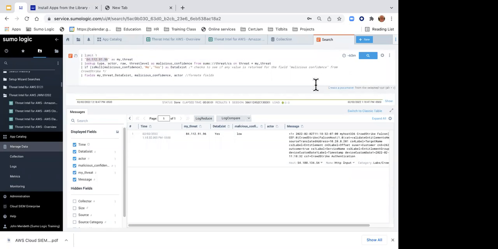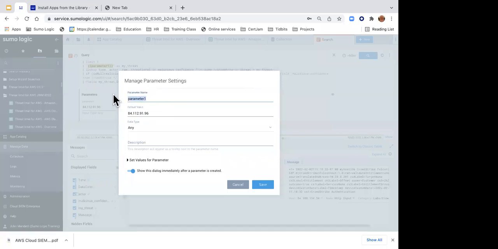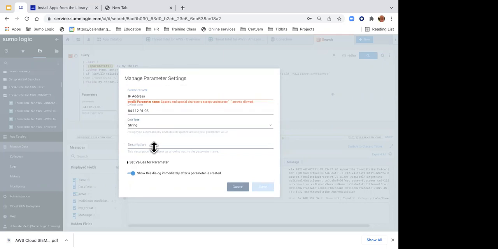And I could, if I want to, change this into a parameter. I could create a parameter, and I can call this IP address. Assuming I can type in what default value I want to use. In this case, the data type is a string.